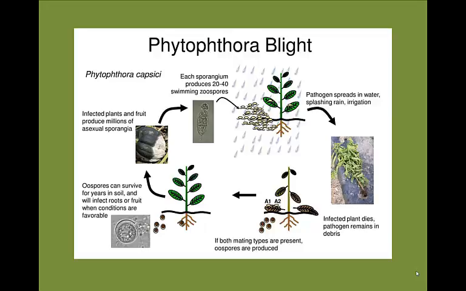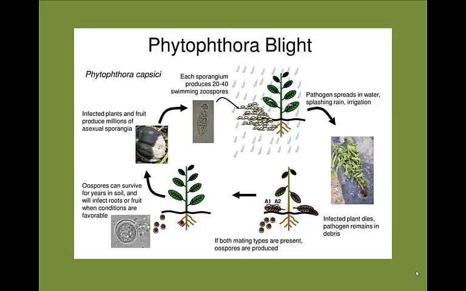let's begin with oospores. These are called resting spores and can survive years in moist soil with the absence of a suitable host. However, if the soil becomes dry, these spores are less likely to survive more than a few months. When a suitable host is nearby, resting spores can germinate to produce millions of asexual sporangia, which in turn produce swimming zoospores that travel through the water film to infect other roots of plants nearby.